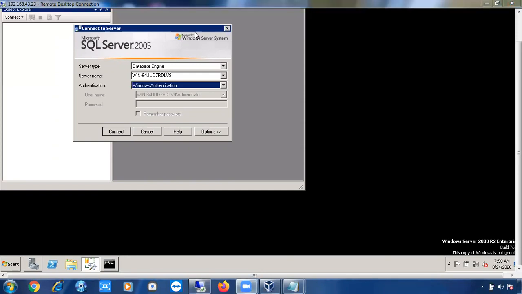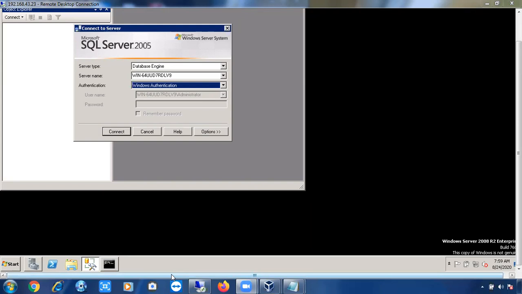Now imagine I just logged in as Madhu. I just logged into my server as Madhu and I open this Management Studio and I am trying to connect. Which user will connect to the management studio or SQL server? Now I just logged in as administrator.